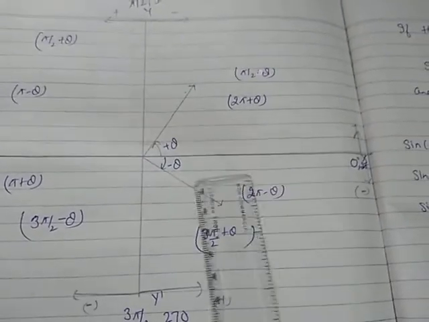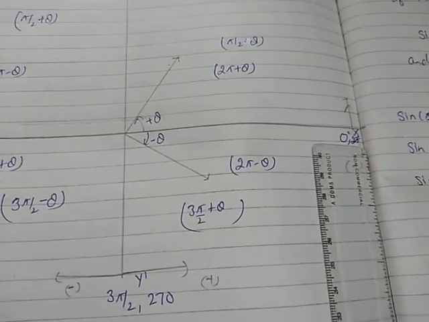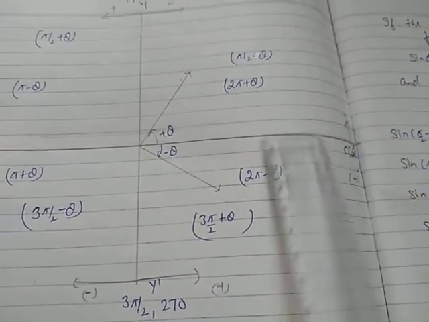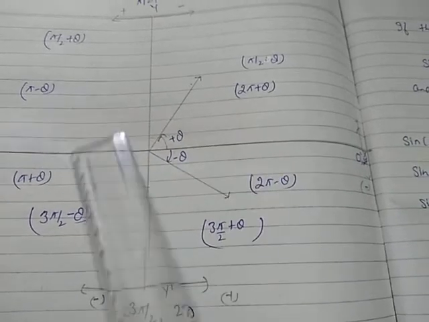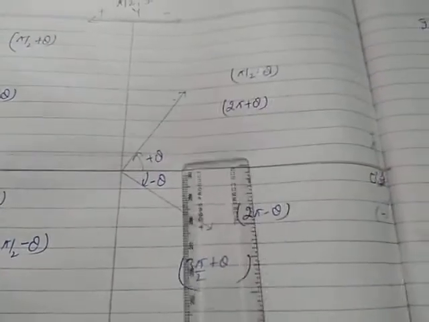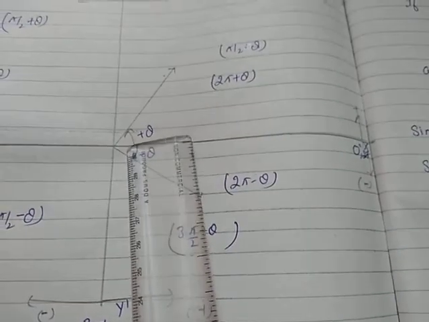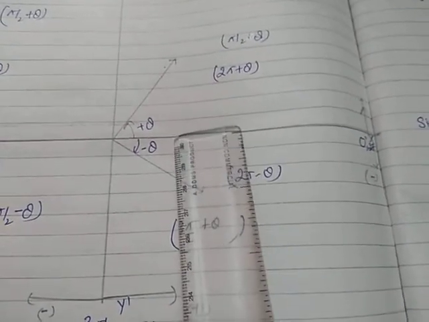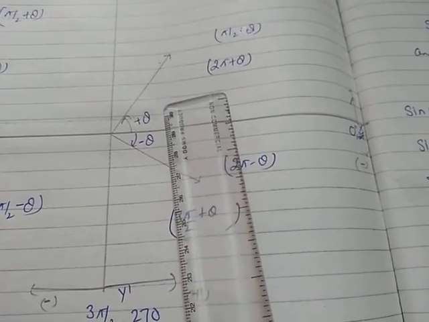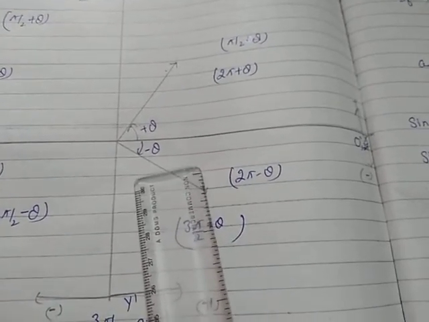Now just see, children, this is your x-axis, y-axis. Here the angle starts with 0 degree and ends with 2 pi, 360 degree. After 360 degree it is going to repeat the angle again. That's why it is a periodic function. Now in the first quadrant the angles are, since it is 0, in the positive direction it is plus theta, or in the negative direction it is minus theta. Therefore plus theta lies in the first quadrant and minus theta lies in the fourth quadrant.